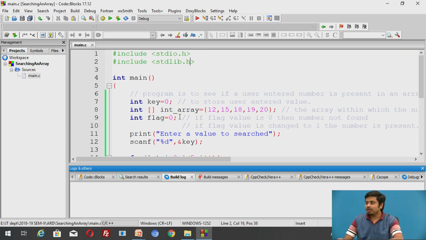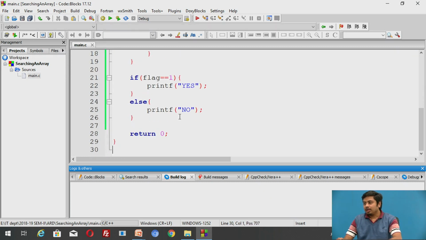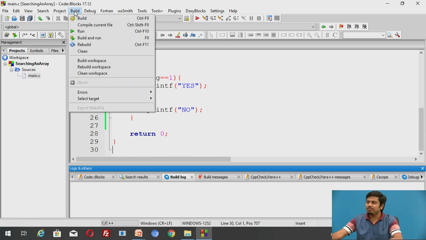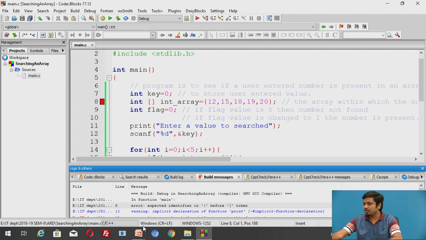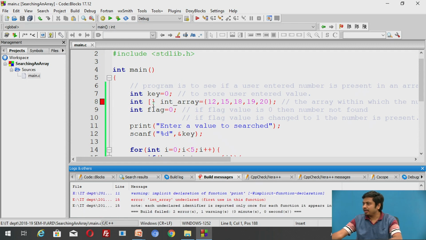Fine. So given this program, if I want to say if this program is working or not, let us see it by running it. So I clicked on build, and if I have any errors, it would correct me if I have any errors here. So it is showing an error at line number 8. Let me see what exactly error is talking about. So what it is saying is, for each undeclared identifier,